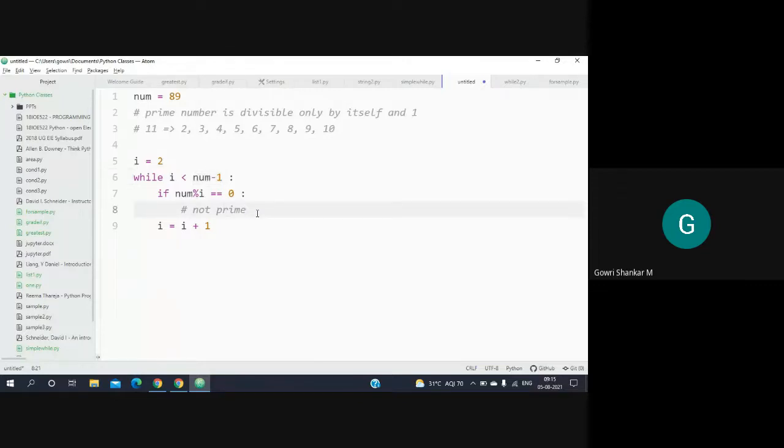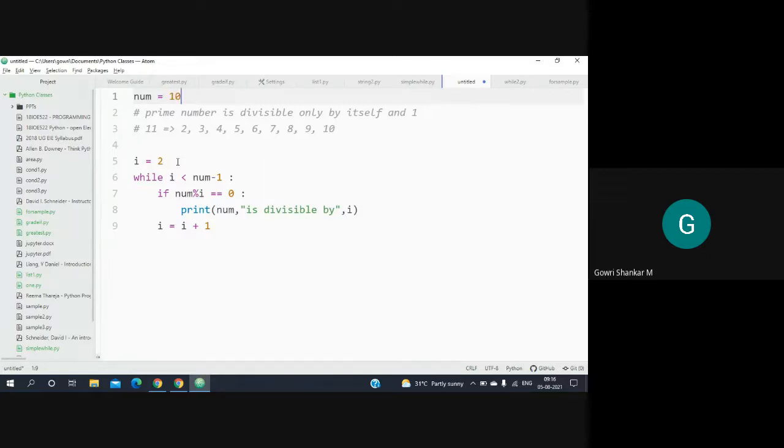So for example, I can go and print it here that if the remainder is 0, then it means that the num value is divisible by I. So if num mod I is equal to 0, then that means I is a divisor of num, or num is divisible by I. Okay, so let us try this. For example, take the case of 10.